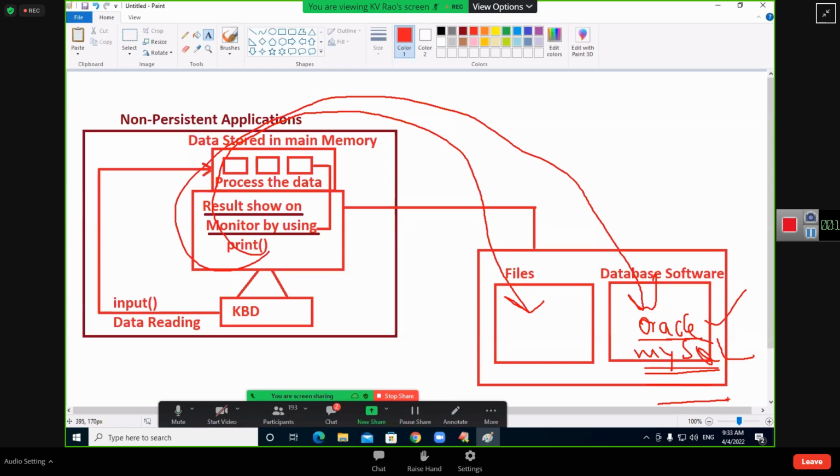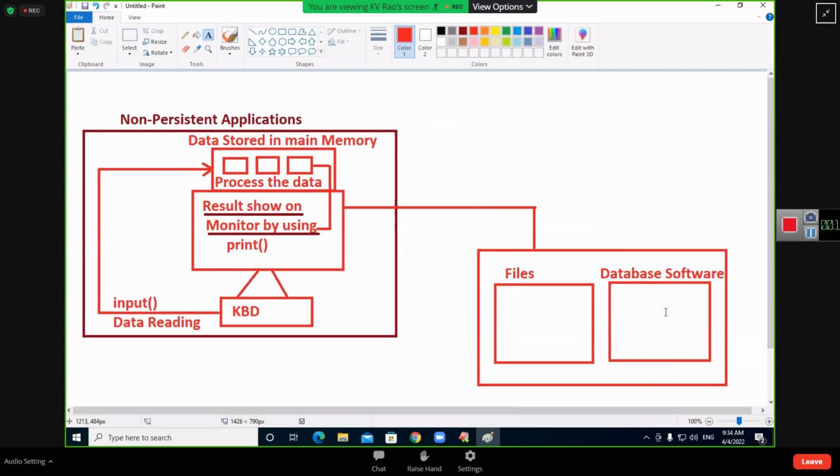Are you able to understand? So, I am not going to explain Oracle. Oracle is not a part of my Python. I am saying how a Python program can communicate with Oracle, and how a Python program can communicate with MySQL. So, you should have the knowledge of what? Database software. Briefly, I am going to explain, but I am not going to discuss database software in the Python class. Python is different,